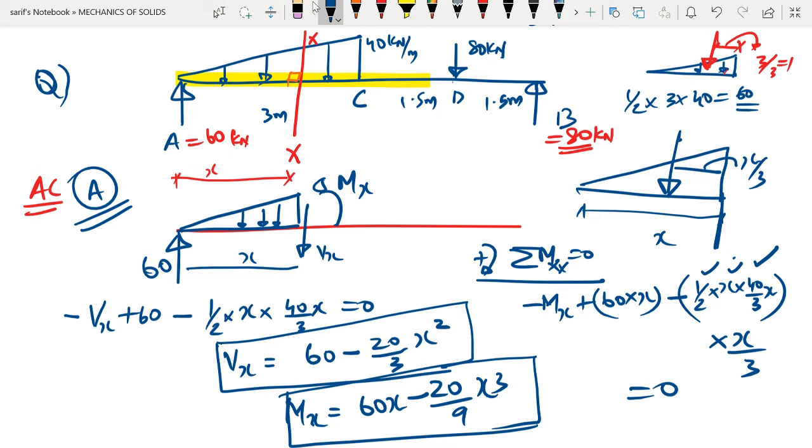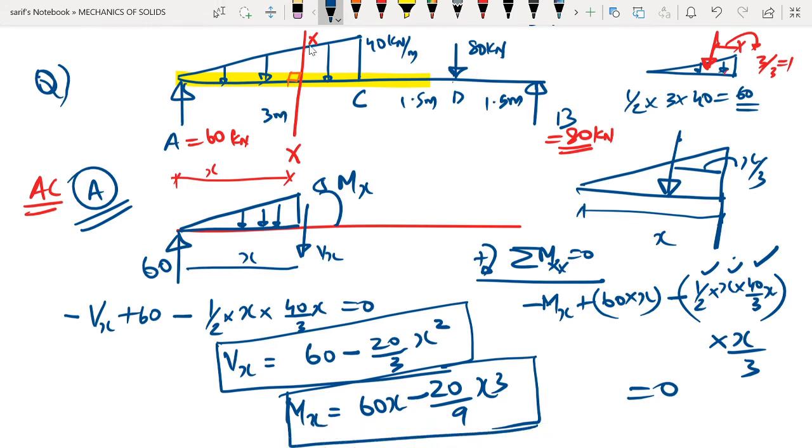So what we have done is we have developed expressions for shear force and bending moment in the region AC. Now what we have to look for is the shear force is having a parabolic variation or a quadratic variation, and the bending moment is having a cubic variation. That has to be kept in mind for drawing the shear force and the bending moment diagram. And also the choice of the origin is the point A.